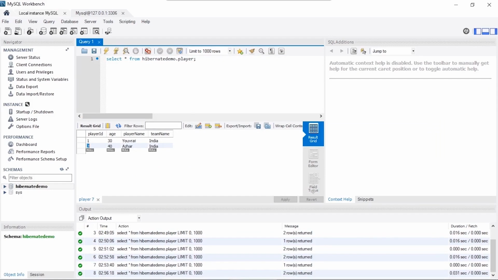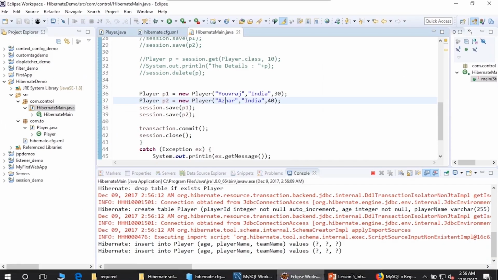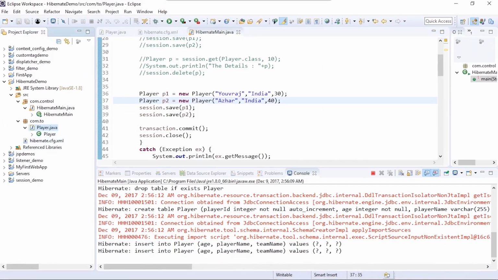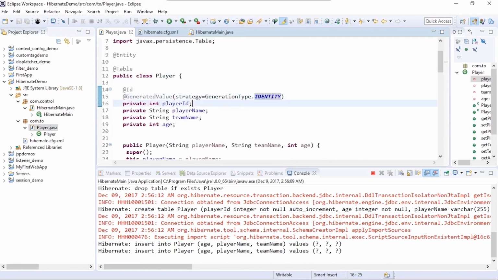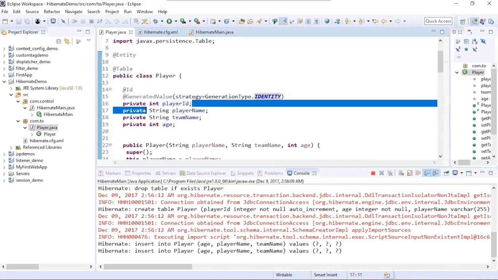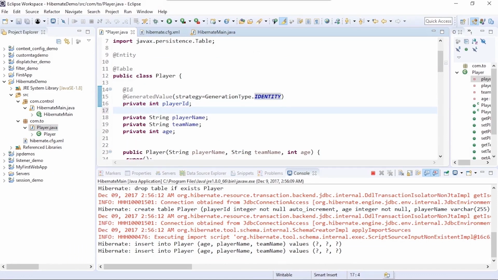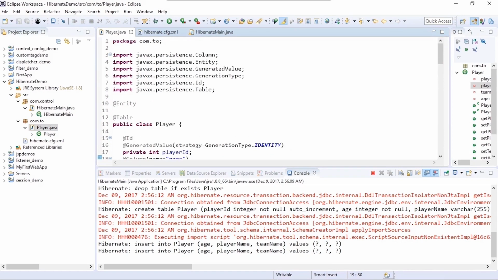Okay. Similarly, if we want, we can also update the column name. So let's say that for player name, we want to provide a different name for the column in the database. So we will say column name equal to name. And let's say we want a different name for the table as well.